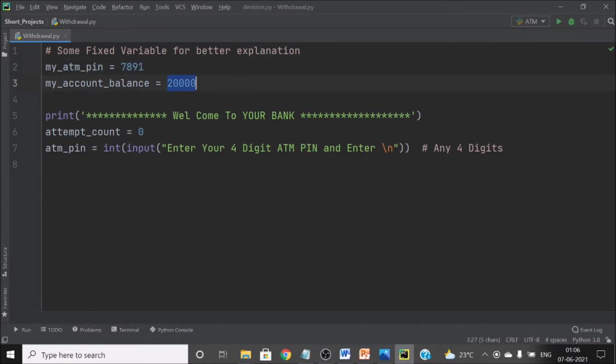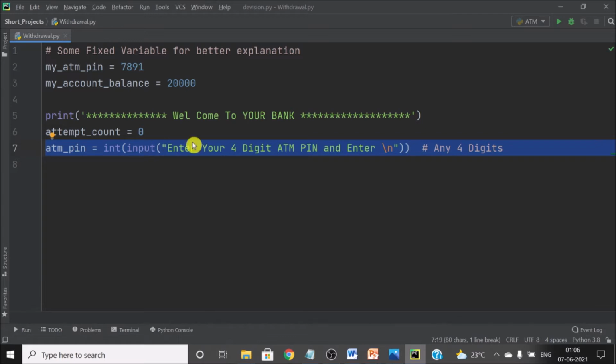So this is the amount and this is the ATM pin. Now I am taking an input from user: please enter your ATM pin. So this input will come from the prompt. And after that we will validate that ATM pin, whether the provided ATM pin is correct or not correct. Okay, so how will we do that?